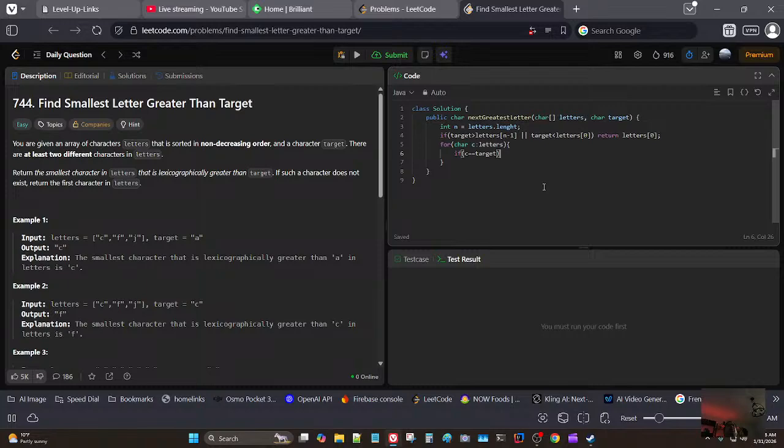If C equals target, okay, just gonna do some weird little thing here. So if C equals target,